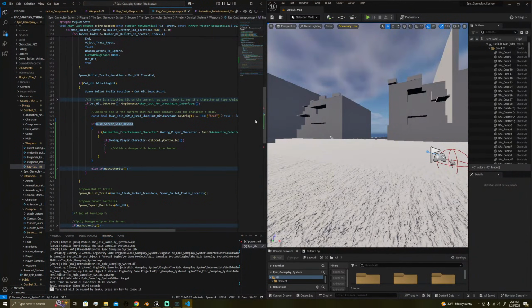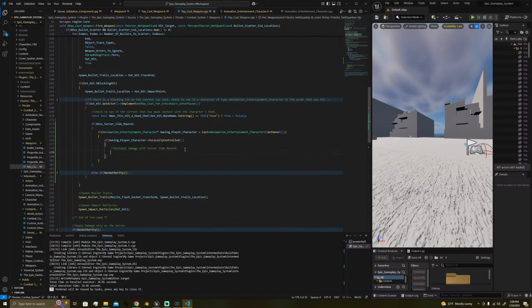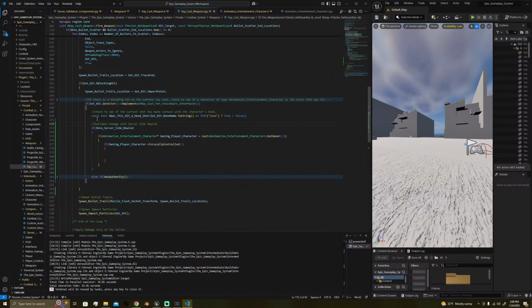Okay, so we got the structs, got the variables set. Now we're here, and actually I want to put this node up here. And validate damage with server-side rewind. Okay, so first things first,